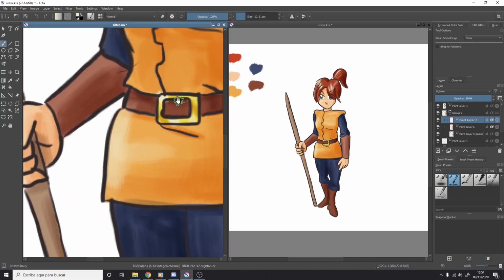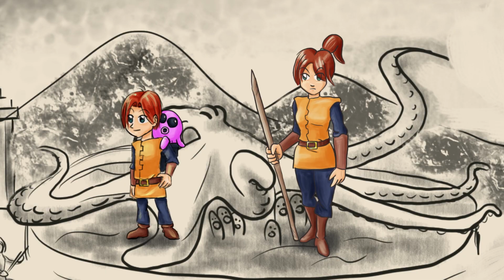So here's the story. On a steep mountain, brother and sister live guarding an ancient creature. This creature is a giant octopus. The people in the region seem to think that this is a god. Every day, visitors come with offerings, feeding the creature and seeking his guidance. Although guarding the creature is more an honor than a real task, the sister takes her job really seriously. No one dared to attack the creature, at least for the past few years.